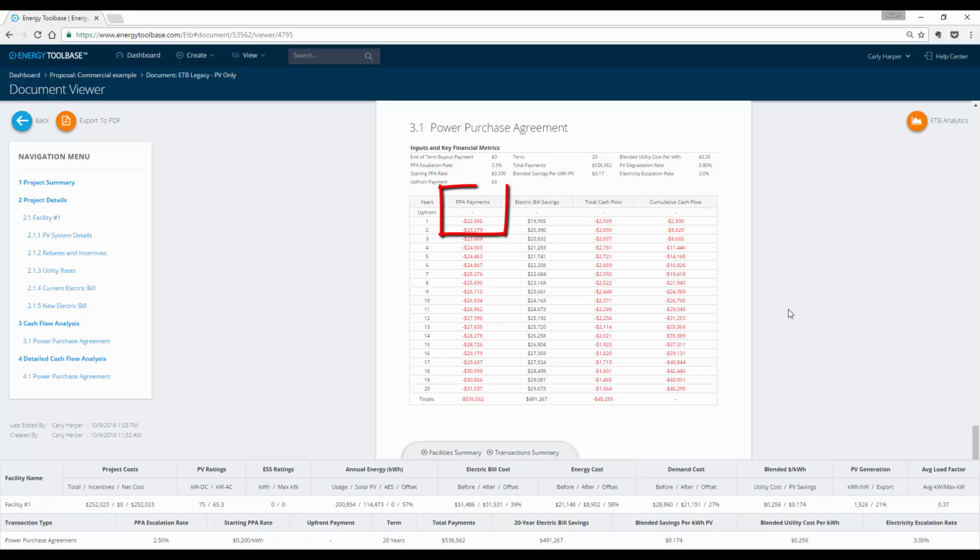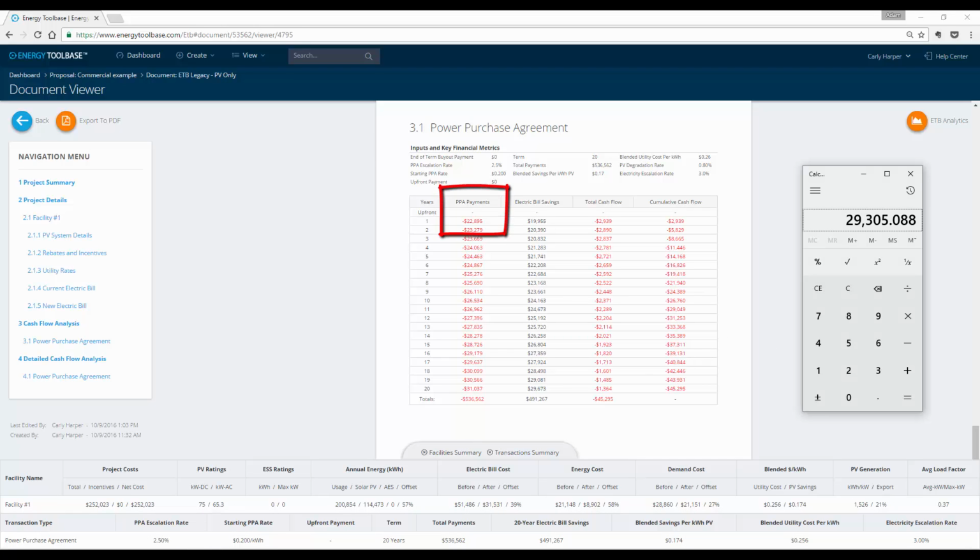Now, the PPA payment of 22,895 is a function of the 114,473 at a 20-cent starting rate. And as we know, the electric bill savings of 19,955 is that 17.4 cents average blended savings value. Here's where you could go wrong. If for the savings piece you were using the 25.6 cents average blended cost value, and you're going to say,